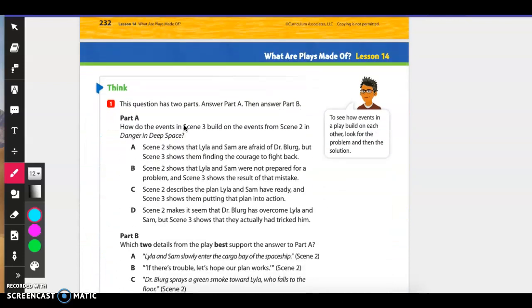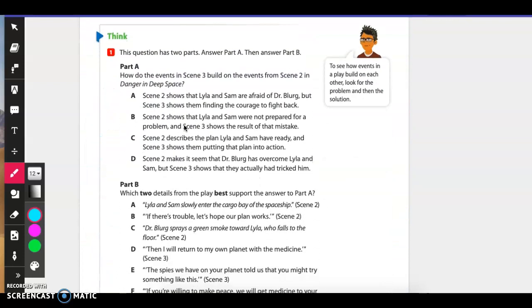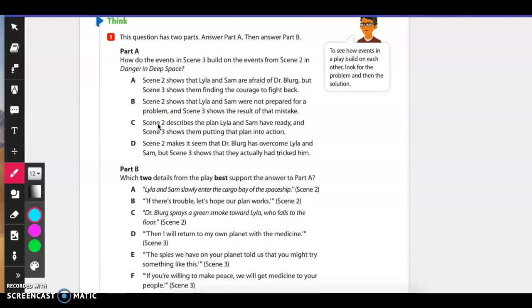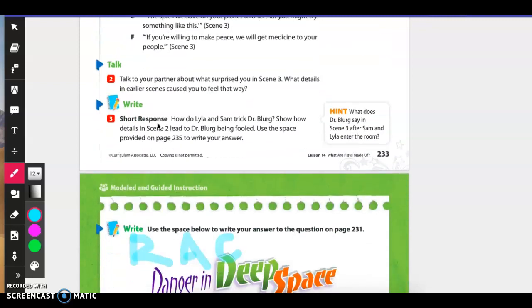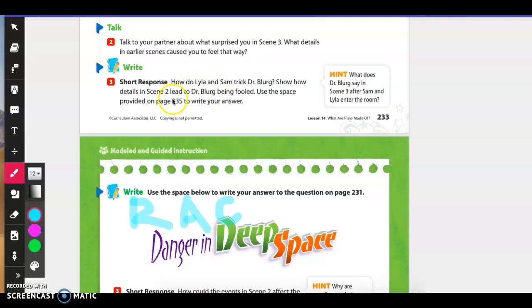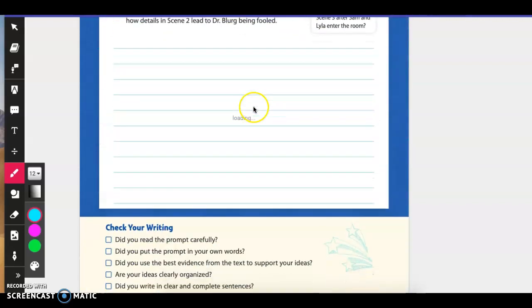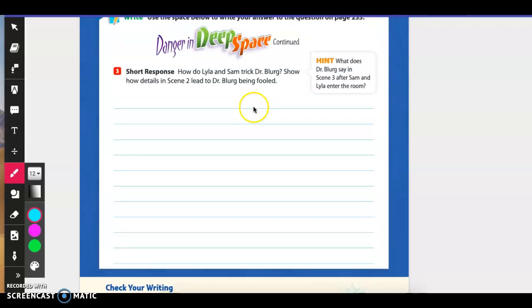And then you can go on to the next portion where you're going to answer the questions for part A and part B, and you're going to answer your short answer response on page 235 right here. So make sure you check your answers. And the mystery word for today is